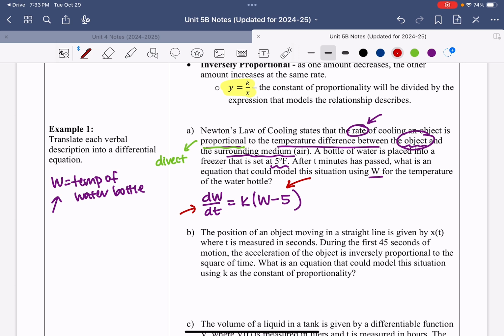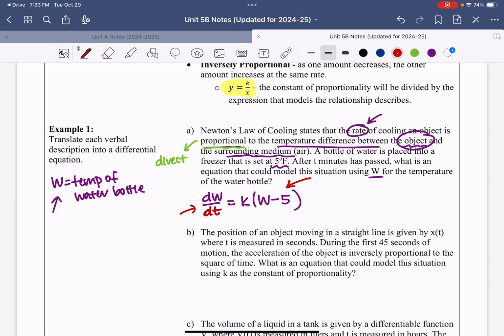So a couple of things just to note here. The denominator says dt, but notice that our differential equation's variable is w. So it's not always exactly going to match here, since this is a t and this is a w. That's just something to be aware of. We want to make sure that we're really paying attention to what the variables are,